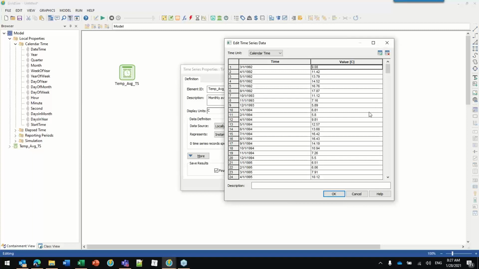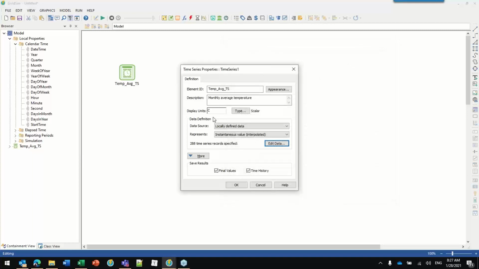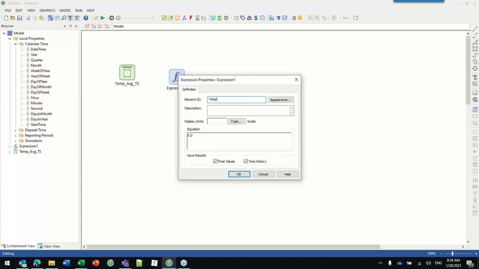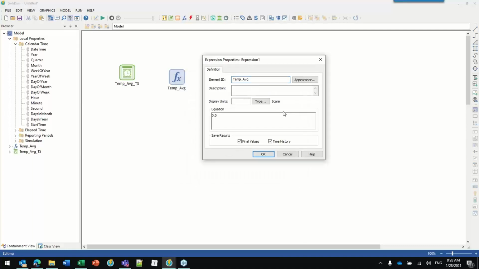Put that in. There are my values. Okay, so these are monthly values. And so what that means is that I could run this model on a daily or a monthly time step and report the monthly average temperature in a very simple way. In fact, I don't even need to have this expression,